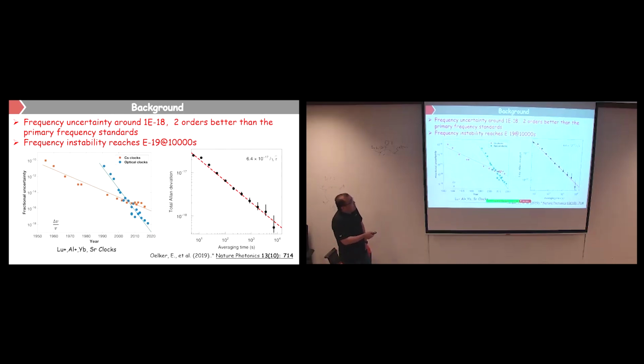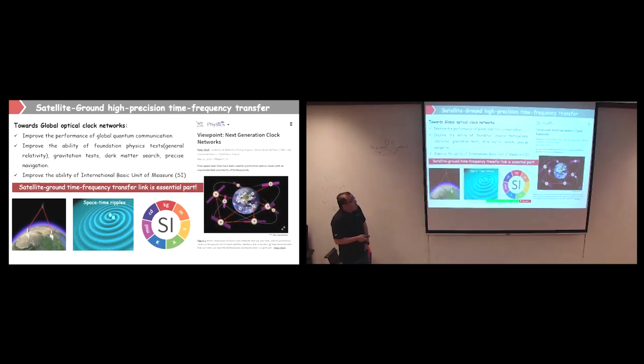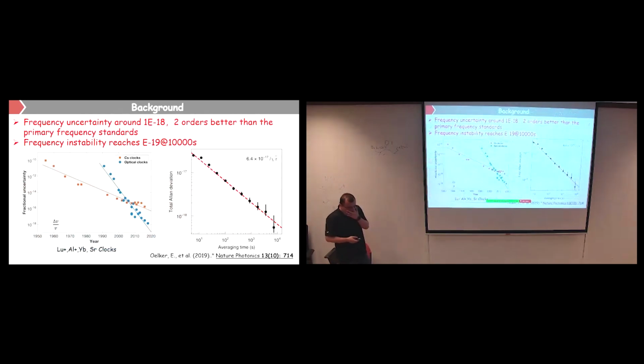But recently, people find if you use optical clock, you can actually get about 2 orders better, even 3 orders better than the cesium clock, than the current one. So then people will think, okay, can we use the optical clock to replace the microwave clocks? But if you want to do the redefinition with the optical clock, then you should have many institutes with very good optical clocks. Now NIST has good clocks, PTB has good clocks, and here has good clocks, and in China we have clocks.